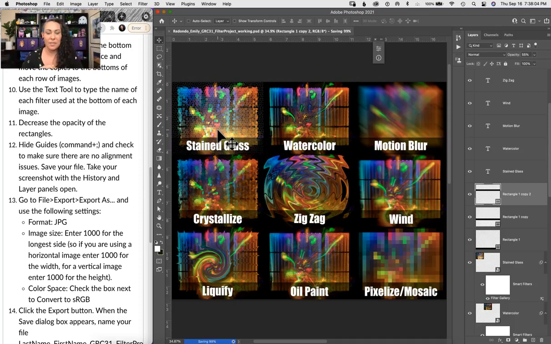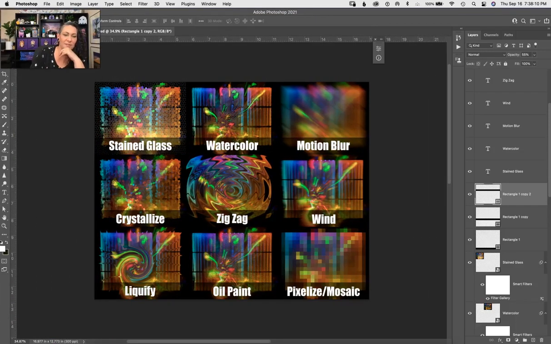And this is the time where we need to go ahead and take our screenshot. So let me go ahead and get this ready for a screenshot. Let me drag this on over. Now, right now I have my layers panel set to have large thumbnails so it's easier for you guys to see. Now, for the screenshot, so it's easier for me to see more of your layers, I'm going to go